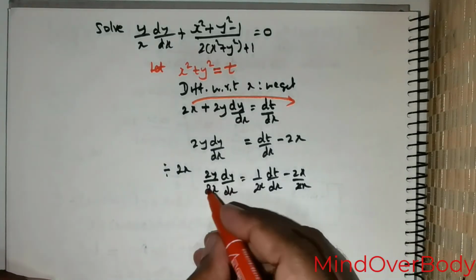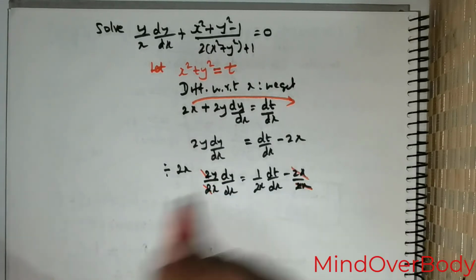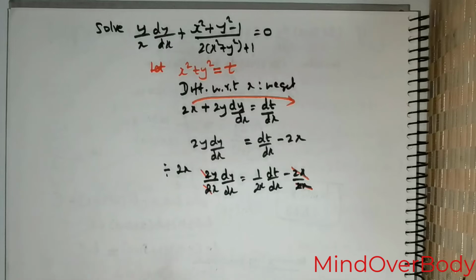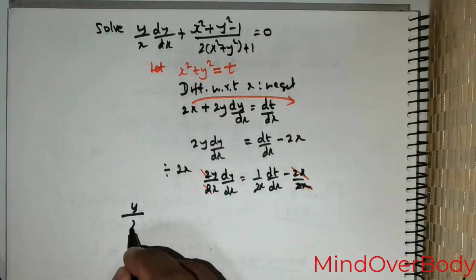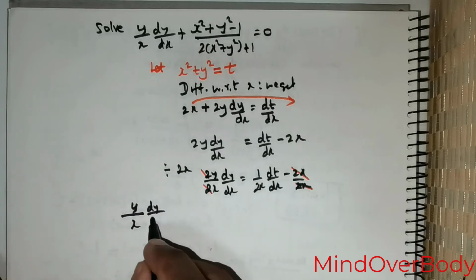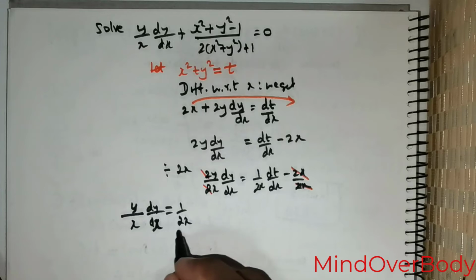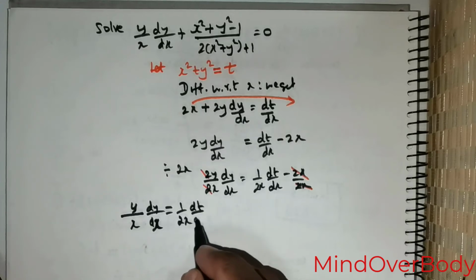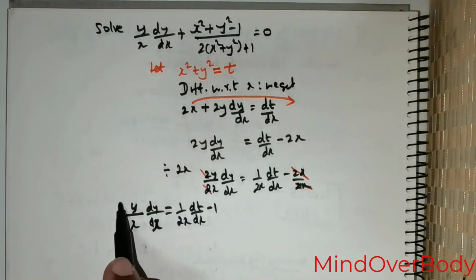Now clearly the 2 that you see can be cancelled, the 2x can be cancelled, and that would in turn give us y/x dy/dx is equal to 1/(2x) times dt/dx − 1. So what we will have to do is we will have to make use of this substitution